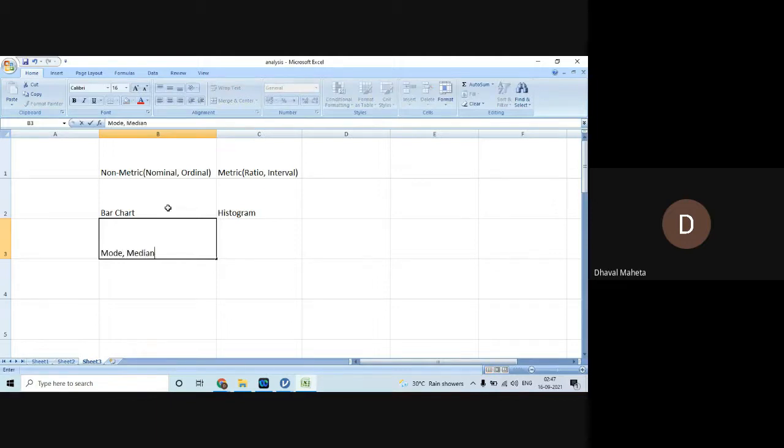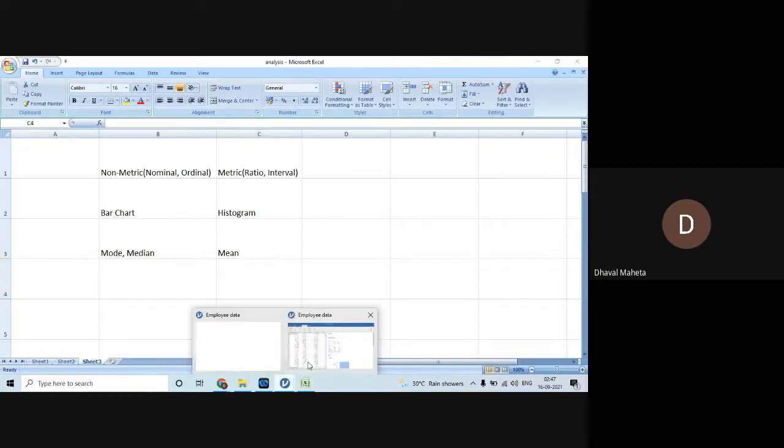Because, for example, male is coded as 1 and female as 2. Can I write that the mean gender of my study is 1.6? So I cannot compute the mean for nominal and ordinal data, and therefore we compute mode and median; for metric data we compute the mean. With this basic understanding, let's see how we will do this type of analysis in Jamovi.